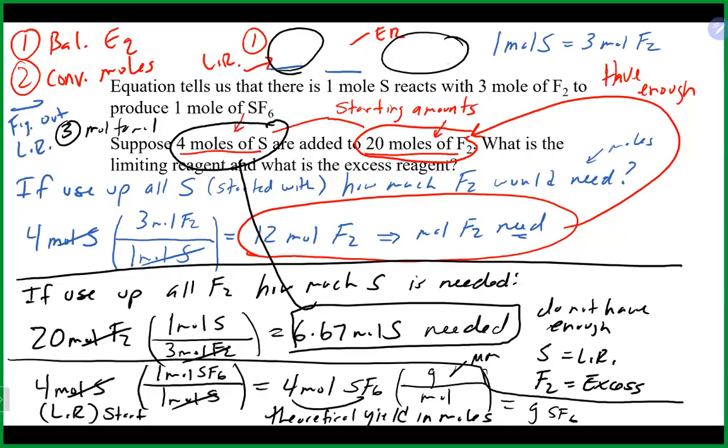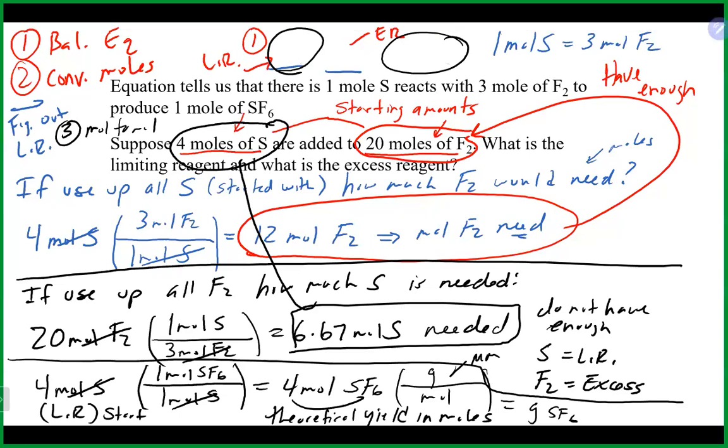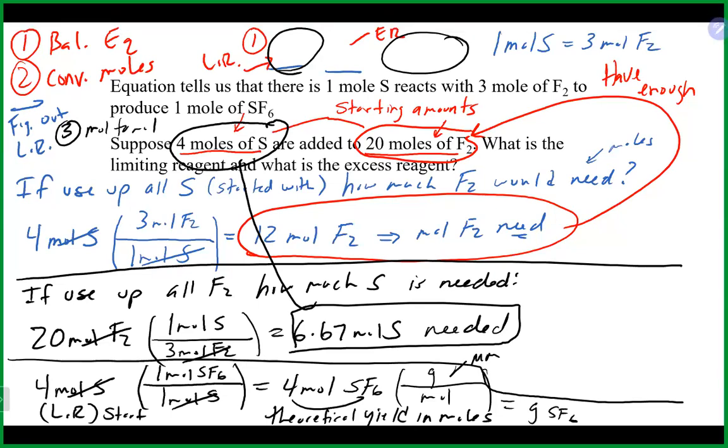So for example, here, you just find some room here. And we'll do it over here. Right there is good. So let's say we also wanted to figure out in this case how much of our excess reagent is left over. So we already know that F2 is our excess reagent. And we already know from this calculation that we needed 12 moles of it to use up our limiting reagent, right? So to figure out how much of our excess is left over,